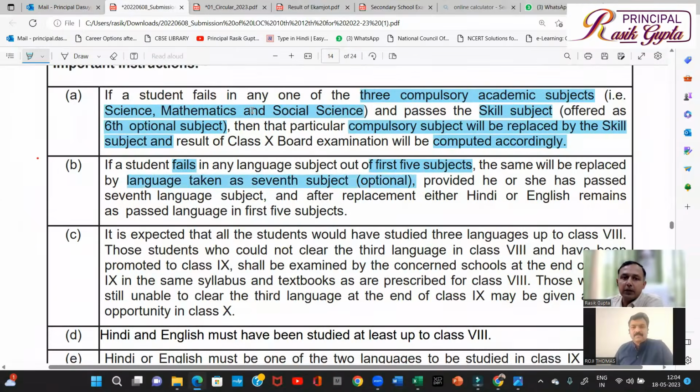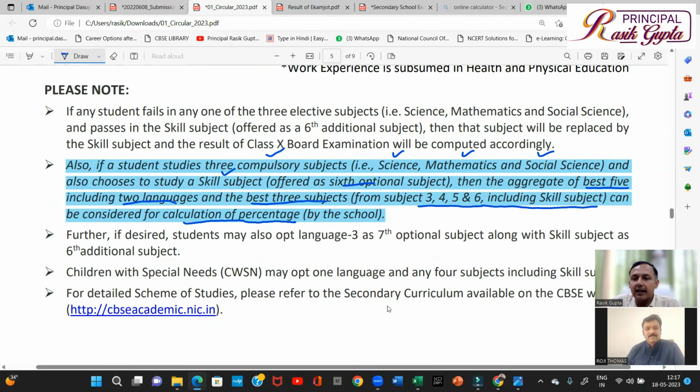Actually, the replacement of the 3 compulsory subjects is with the skill subject, which is the 6th optional, and the replacement of languages: if any student fails in any of the first 2 languages, then that can be replaced by the 7th optional subject, which is again a language. So a language can only replace a language, not the skill subject. They can consider any 3 out of 4. Which subjects? The 3 compulsory subjects, which are 3, 4, and 5, mathematics, science, and social science, and the 6th, which is the skill subject. So out of these 4, the best 3 can be considered for calculation of percentage, provided the student has passed in all